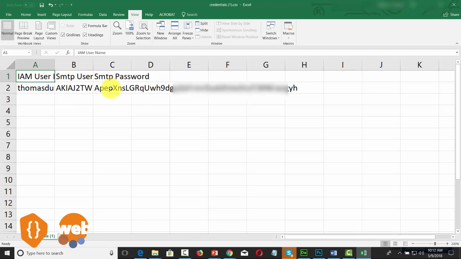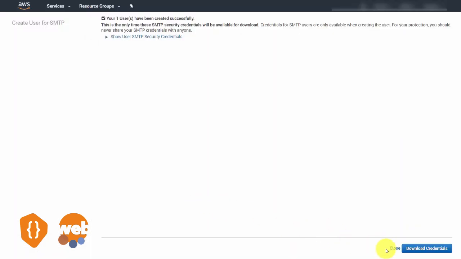This is what you're going to need in order to connect with the application so that it will take these SMTP credentials and use them so that SES is sending the email. Once you have downloaded your credentials, you can then close out this interface. You'll need to note that these credentials will only be created once, and this is the only time you'll be